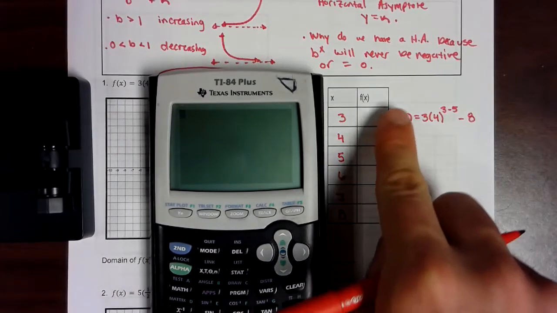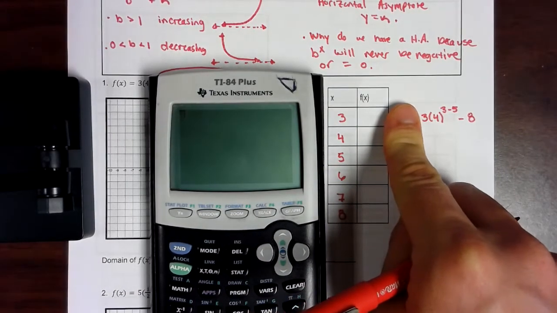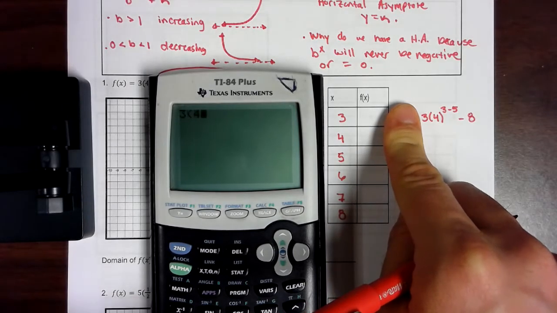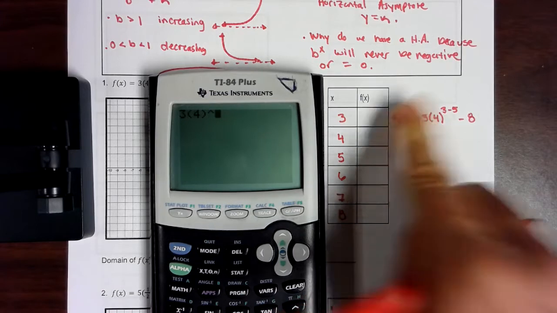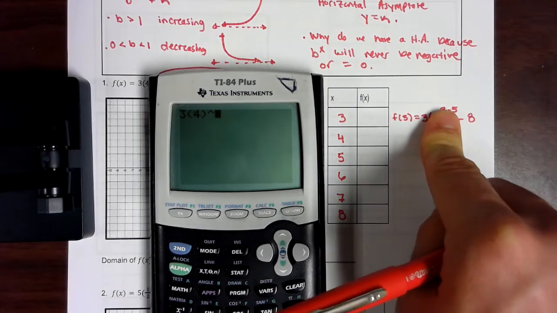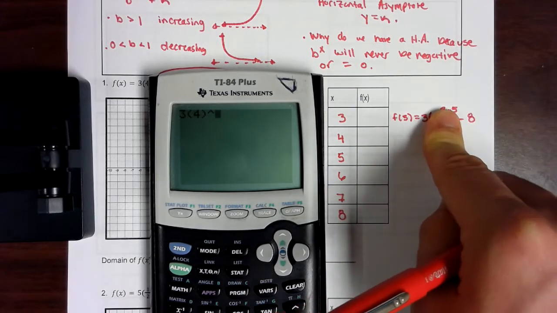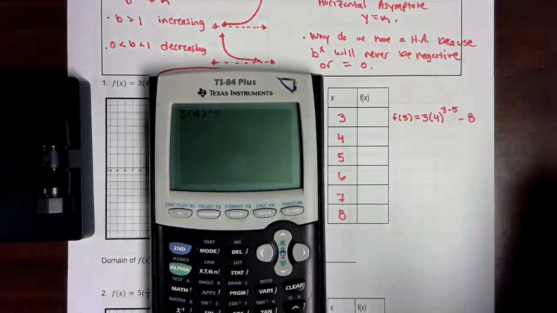So we're going to type in just this right side and see what it equals. So I'm going to go 3, parentheses 4, those parentheses are absolutely necessary, and to the power of 3 minus 5. Now, I can do 3 minus 5 in my head and say that's -2, but I'm going to type this